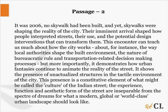It was 2006, no skywalk had been built, and yet skywalks were shaping the reality of the city. यानी कि 2006 था, कोई skywalk बना नहीं था, yet skywalks were shaping the reality of the city. So something that was not there, but still they were shaping up, right? Their imminent arrival shaped how people interpreted streets, their use and potential design intervention, and can transform them. So their imminent arrival means the ideology of skywalks, right? It shaped up how people interpreted streets. Streets को लोग कैसे देखते हैं, उनका काम क्या होता है, पोटेंशियल डिजाइन में अगर मैं चेंज करूं तो कैसे वो उसको ट्रांसफॉर्म कर सकता है. ठीक है, मुझे ये चीज पता चली. तो एक ऐसी चीज जो है नहीं, जो बनी नहीं है, लेकिन उसके सोच से इतनी सारी चीजें हो रही हैं. Okay, and the last part,